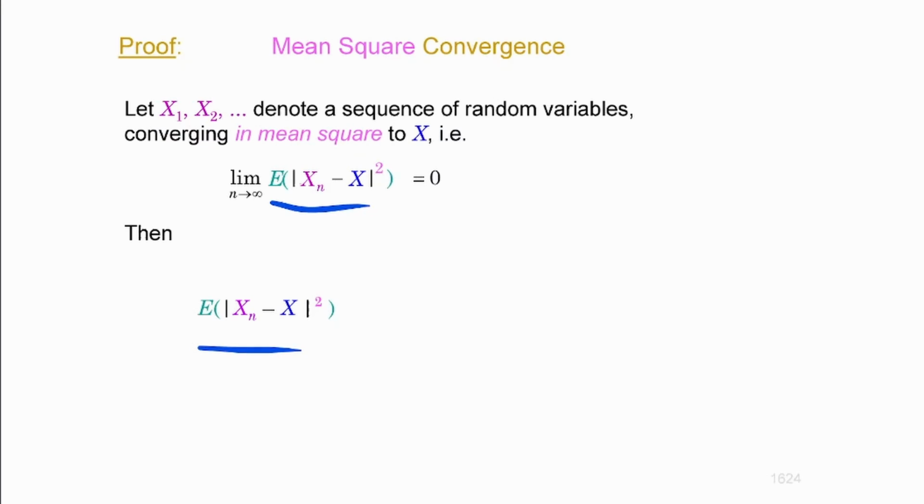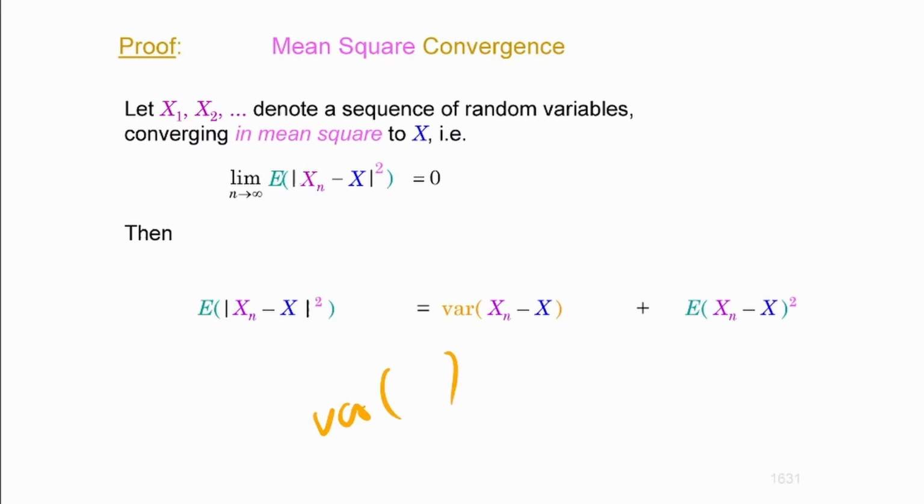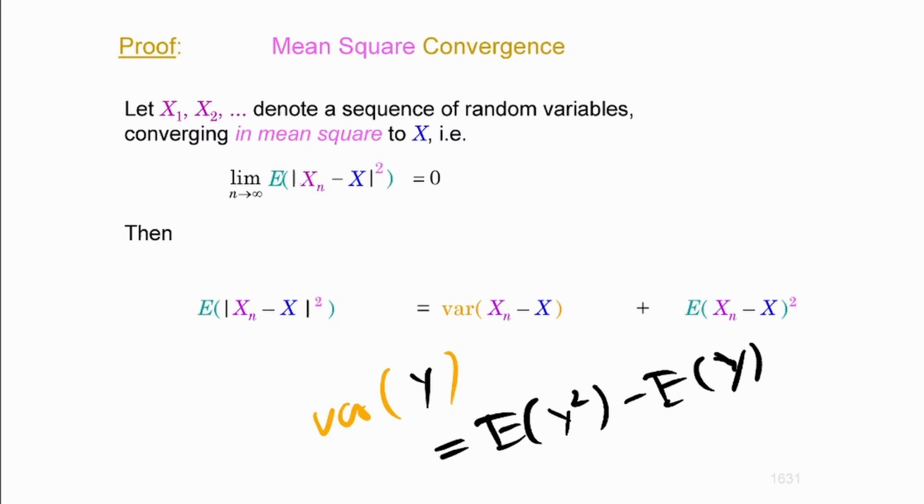Now, since the variance of that is going to be equal to the expectation of the square minus the square of the expectation, this is also true for that random variable inside the expectation operator, excluding the square, of course. So that means that you end up with the variance of it plus the square of its expectation. So keep in mind, the variance of a random variable is equal to the expectation of the square minus the square of the expectation. Let's call it y in this case. And all you do is just rearrange that.